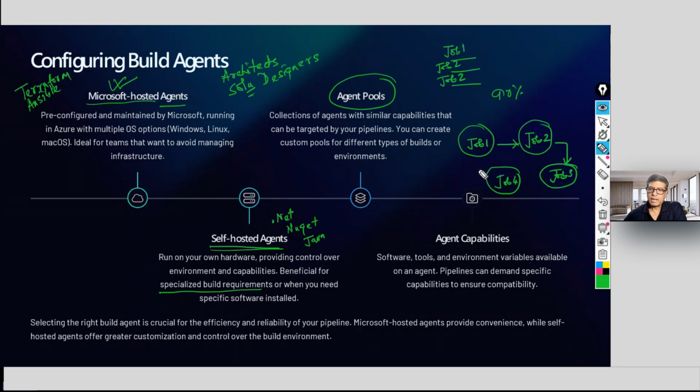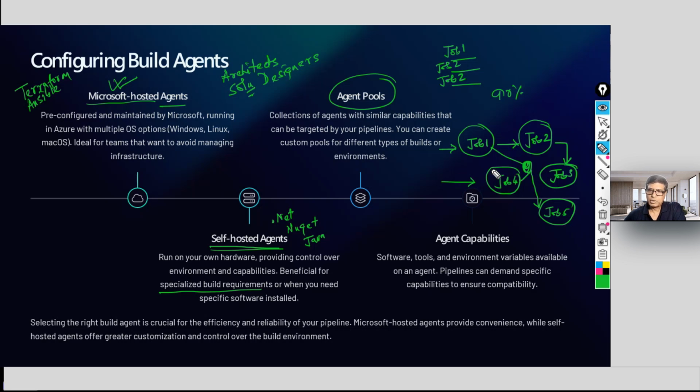Or maybe job 5 is there, but job 5 will only start when job 1 and job 4 have run in parallel. So let's say job 1 is a parallel job, and with job 4, job 1 and job 4 start together. And job 5 has a dependency that whenever job 1 and job 4 have completed, then only it will start job 5.